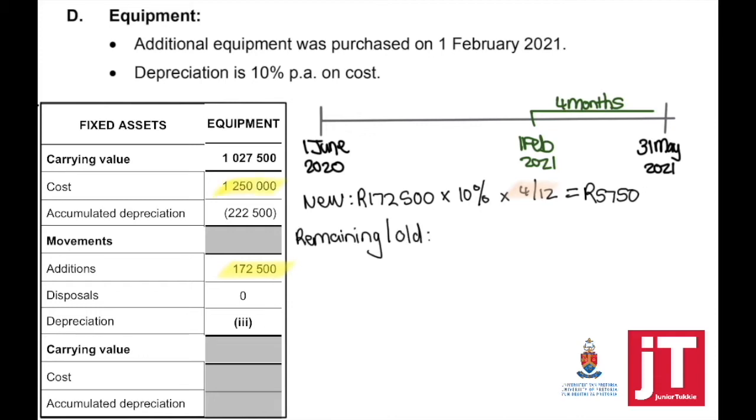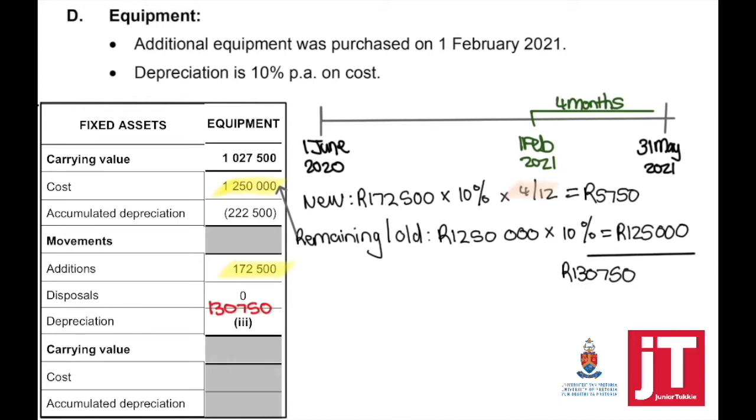Now we need to calculate the remaining or the old. So we need to look at what we had since the beginning of the accounting period. So we are going to go to the beginning. The cost was 1,250,000 and we're going to times that by 10%. So my total depreciation for the year is